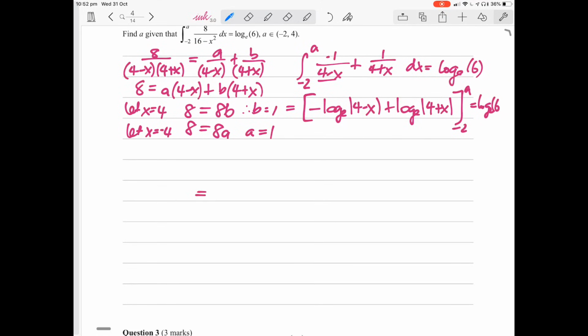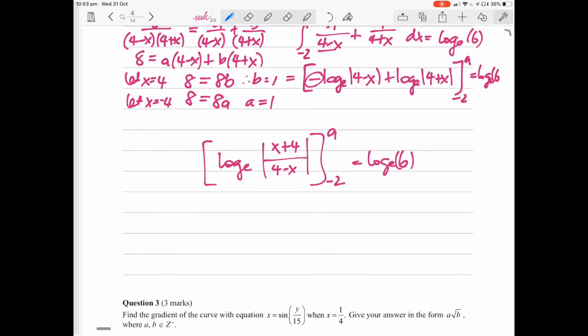Okay, so let's bring it over here. So I've got log e, let's join them together. I'm going to have x plus 4 on 4 minus x, because remember that's negative, so when we divide, we can divide our logs. That equals a minus 2 log e 6. Okay, from here, when I sub a in, I'm going to get log e of a plus 4 on 4 minus a